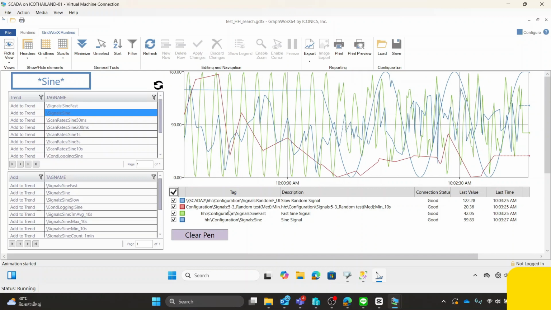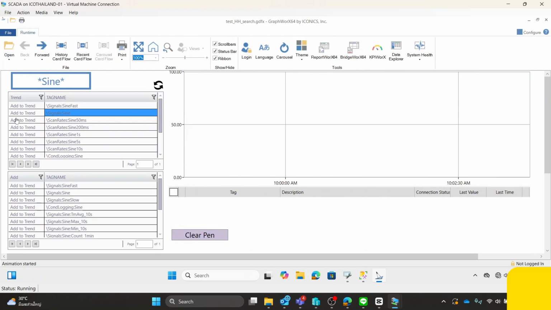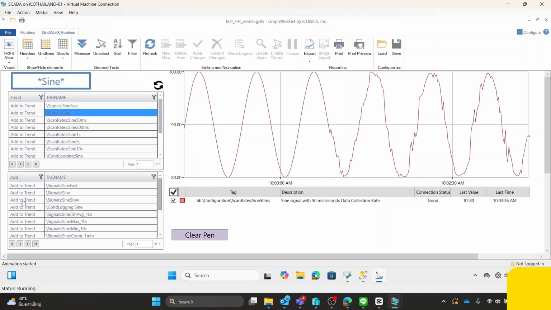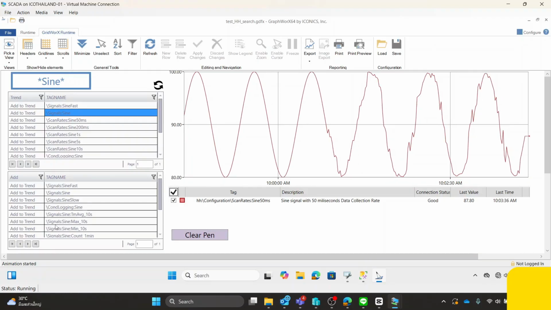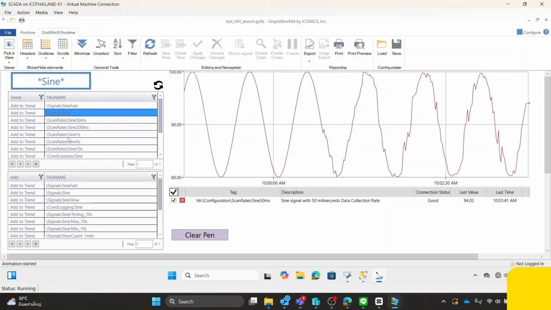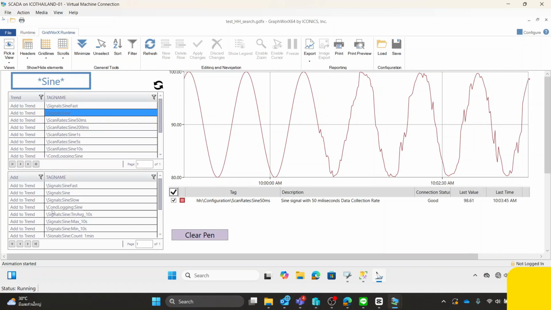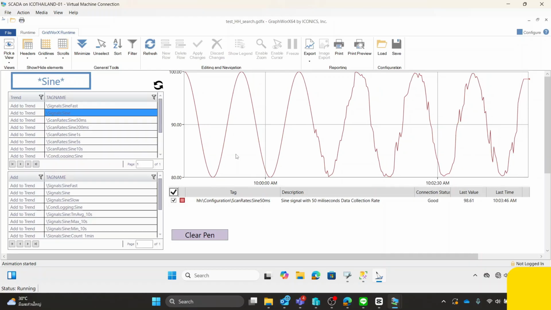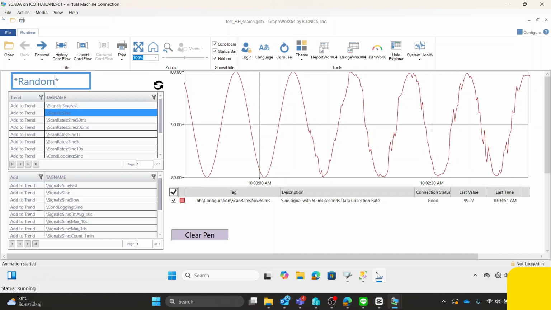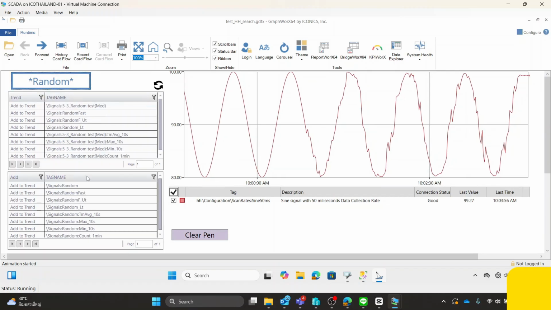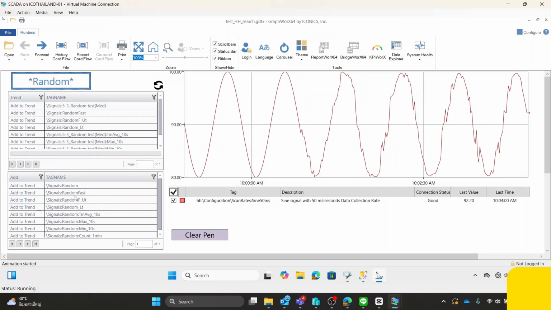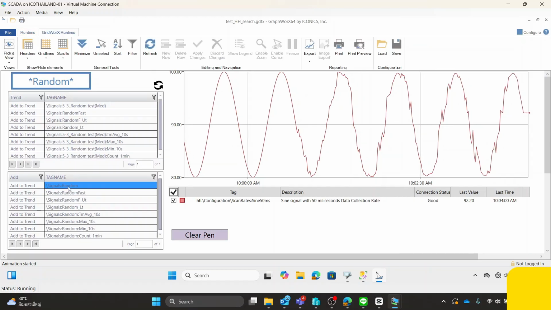Here, as you can see, I can clear the pen and add the pen into the trend viewer, as well as from the remote server. This is the remote server, this is the local server. I can add the remote signal into the same trend viewer. I will search for random and hit enter. It will refresh and update to bring the signals that have the word random in the